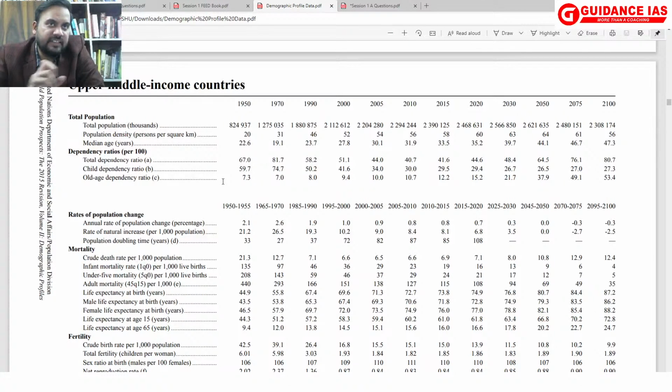Okay, and this is what we require to answer the population geography questions. Many times we write something but we don't have the necessary examples to support our answers. What assertion we have made, we don't have necessary proof, evidence, examples to support what we are saying. So in the last part of the class, I will be explaining how we will be summarizing these, what are the important things here which I will be taking up, and what will be the manner.